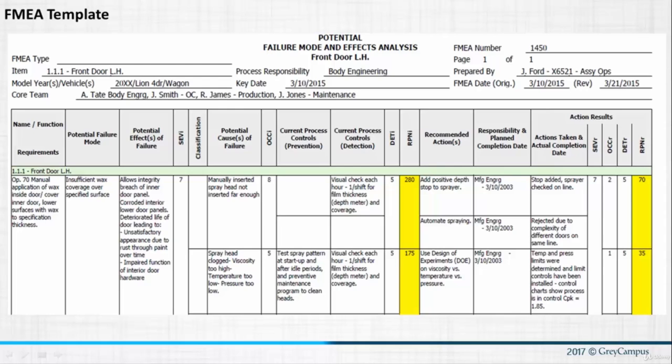Here is a good example of a filled out FMEA, failure mode and effects analysis. At the top of the FMEA, you can see header information. What are we analyzing? What process are we analyzing? Who's doing it? When are we doing it? All those kinds of header information type things. Getting into the next layer are the titles of all of the columns, and then into the actual information associated